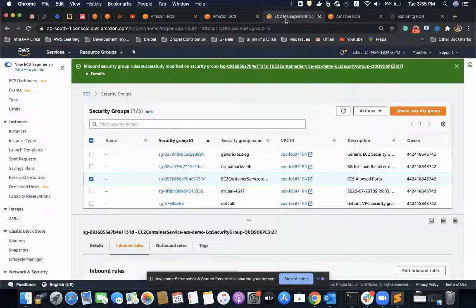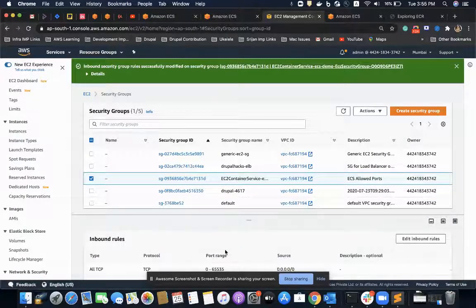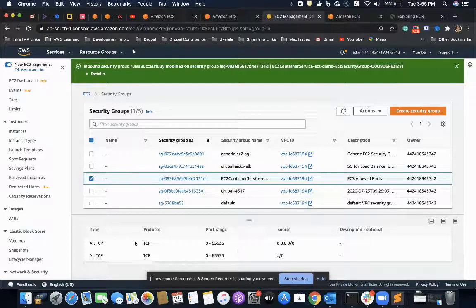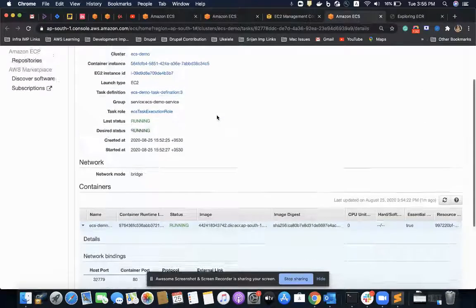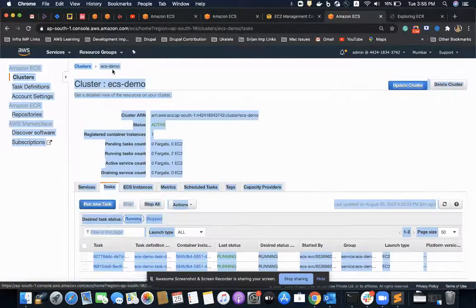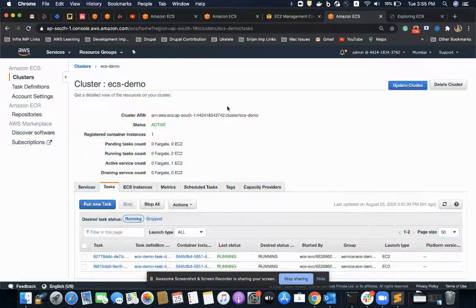So by setting the inbound rule of my EC2 instance to be accessible on all ports from anywhere, I can access my instance. This way I can actually have multiple tasks running on my instance.